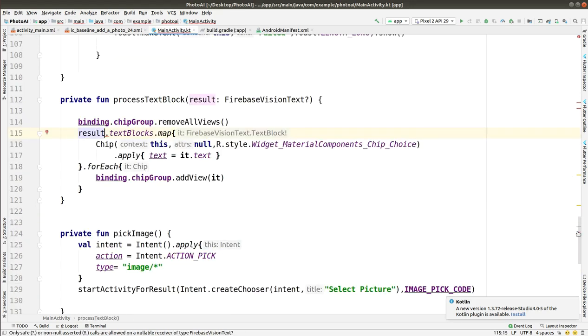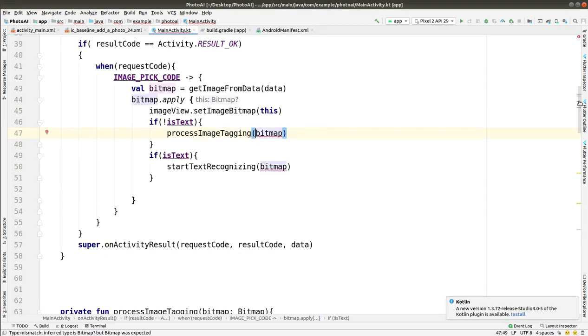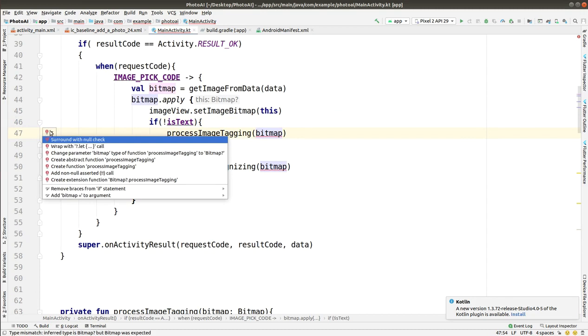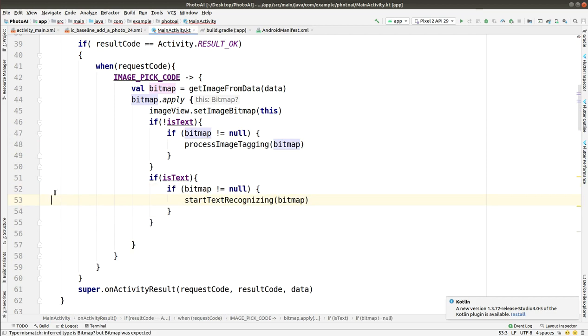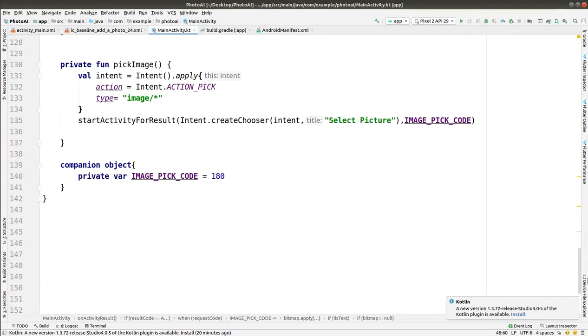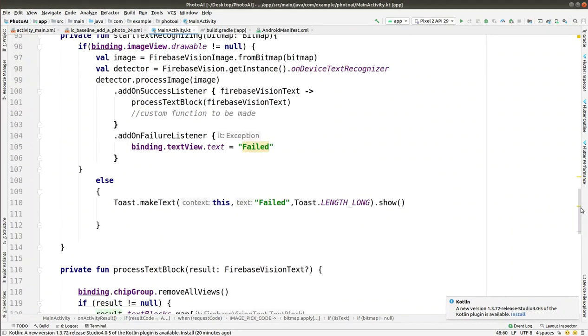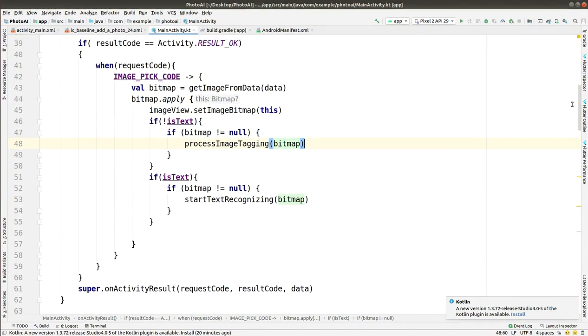Now I will be able to debug these errors. Click on that red bulb and surround this with null check. These are the basic errors in Kotlin, the null check kind of thing. First of all, click on that red bulb and surround with null check. Do the same for this also. After that, you will be able to see that there are no errors right now. So I'm scrolling this class. You can see that if you have messed up anywhere, then you can pause the video and correct that code.